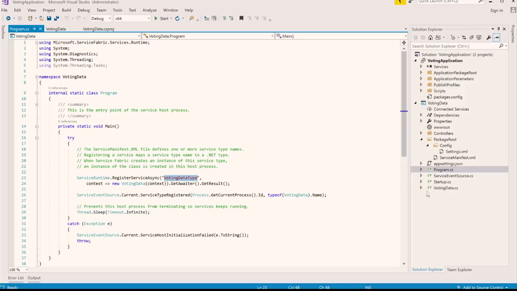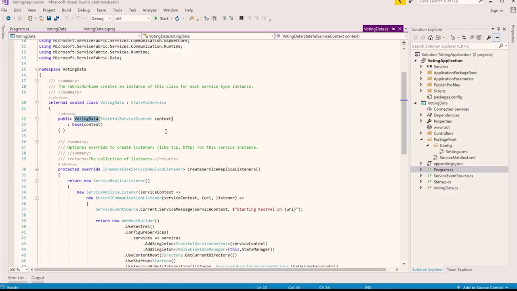If we move on then to here, now we have this Lambda method, which says, okay, here's the Lambda method I want you to run whenever a service is created inside this host process. This is the opportunity you have to do dependency injection and plug whatever you need into your service instance through this Lambda method down here. So if we go into here,